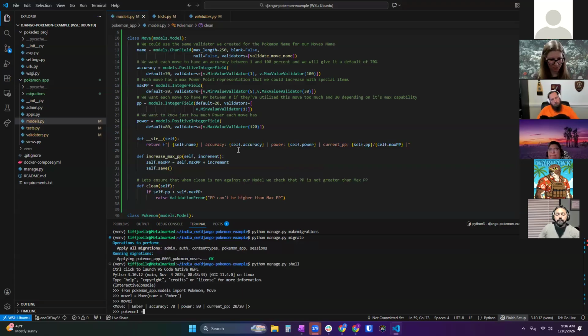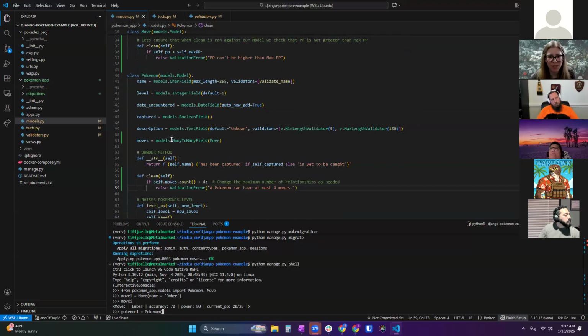So Pokemon 1 will be a new instance of Pokemon, which if we go down to Pokemon, has default captured. Let's see. So I think we just have to give the name. We'll just do the name.